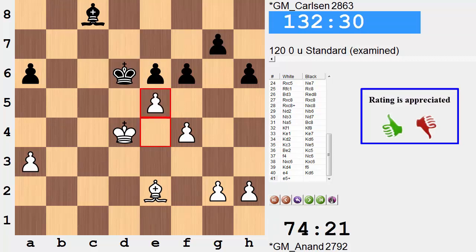So after this, again, the players agree to a draw, and this gets pushed to game 9, of course. Tomorrow's a rest day. The point total for both sides at this stage is Carlsen 4.5 and Anand 3.5. Again, we are racing to 6.5 to determine a champion. So we'll see what